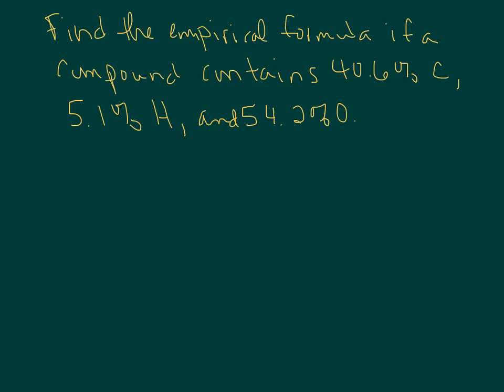Okay, our second problem, we're going to find the empirical formula of a compound containing 40.6% carbon, 5.1% hydrogen, and 54.2% oxygen. Okay, now this one's obviously different because it contains percents, and we always need to start with grams and convert it to moles and then do the mole-mole ratio. So what we're going to do is we're going to assume 100 grams, and by assuming 100 grams and working with percents,